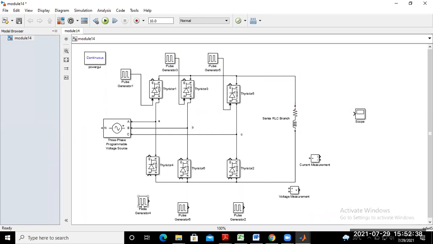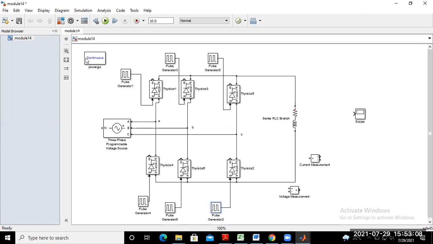Similarly, thyristor 4 is connected from pulse generator 4, and thyristor 6 is connected from pulse generator 6.